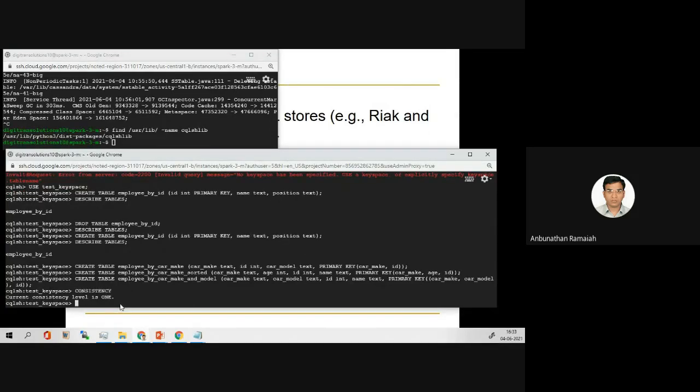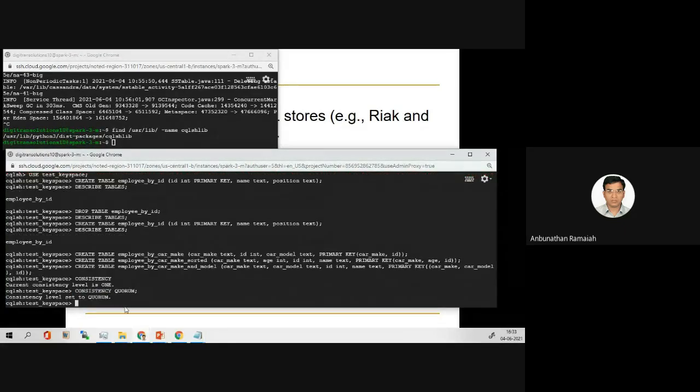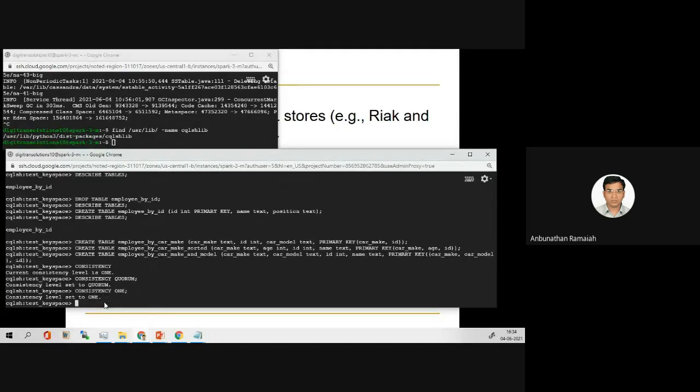Now the consistency level is 1, that means only one read will happen. If you want to change it to quorum, you can change. Consistency level is changed to quorum now. How to revert back? Consistency 1 you can put. Then it is reverted back to 1.